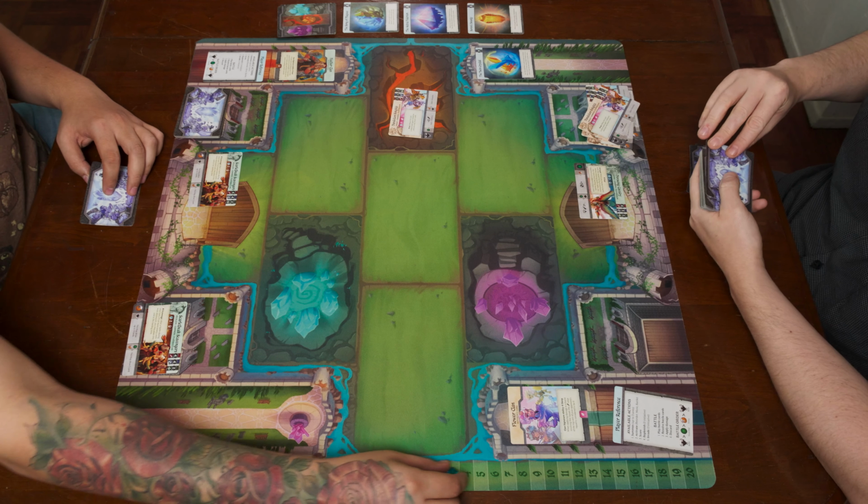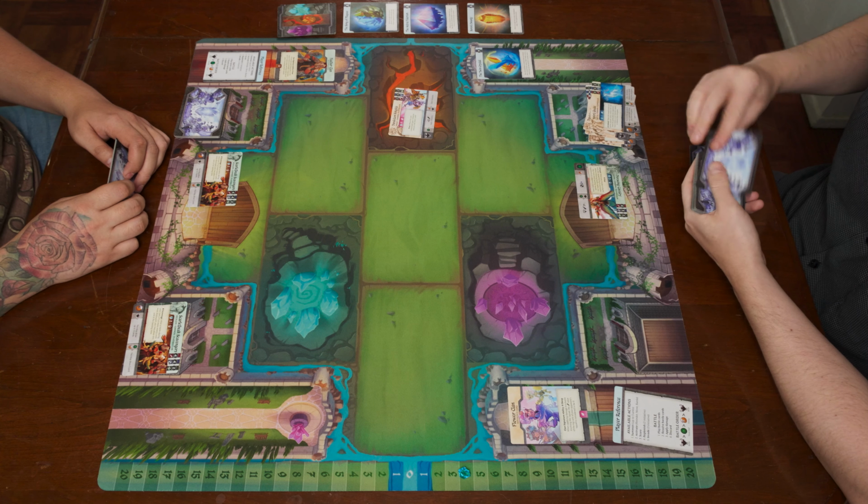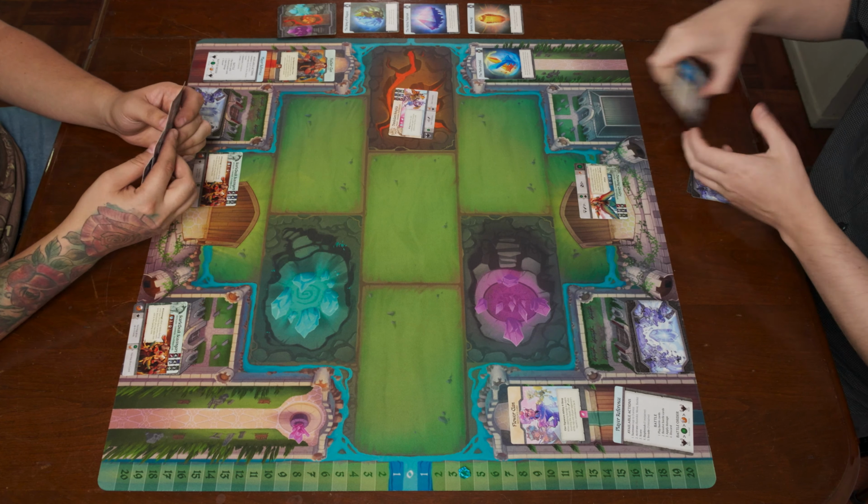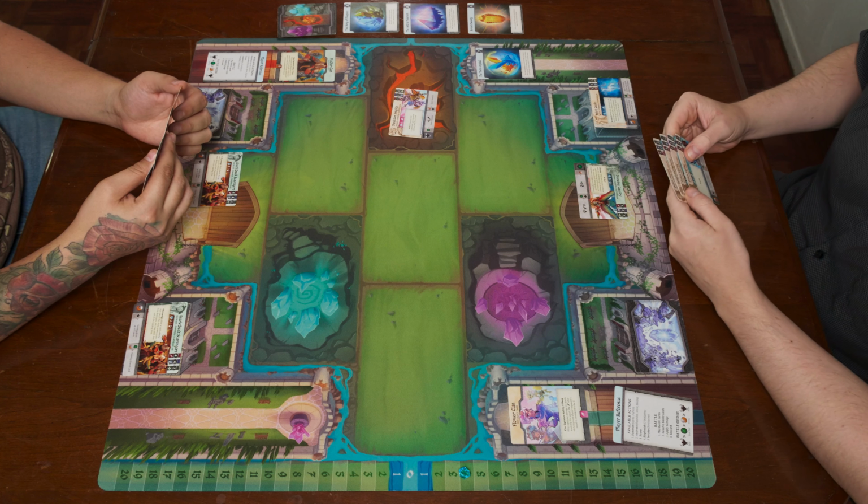Ooh. Yeah, you're just invading right away. Yeah. Paying to mill. Twice. Yes. Yeah, so, there goes Wisp. So that is pretty expensive. That's 6 initiative to mill 8 cards. Yeah, but again, just getting me...